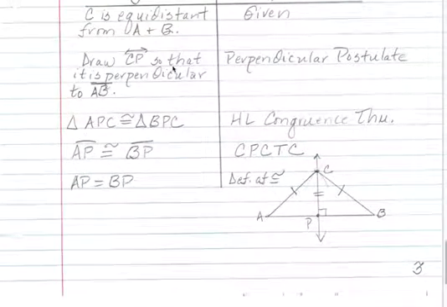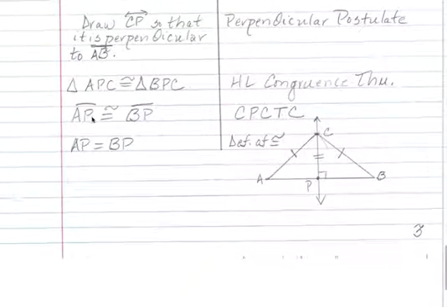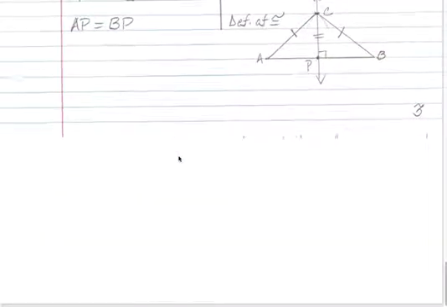And then they are saying that we can prove triangle congruence now, right? Because this is a hypotenuse, that's a hypotenuse. There's two right triangles now. And the hypotenuse, that's the side opposite the 90 degrees, are congruent, and then you got this reflexive side. So guess what? You get to use your new hypotenuse-leg congruence theorem and say that these triangles are congruent. Well, if these triangles are congruent, then you know that this is going to equal this because of CPCTC, corresponding parts of congruent triangles are congruent. And then that means that you're able to then say that the distance from AP is going to be the same as the distance to BP. All right, that's it for the